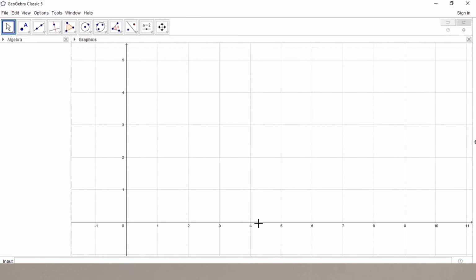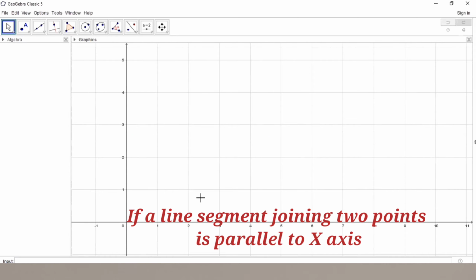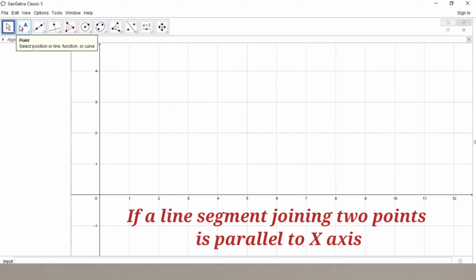In this session, we are going to learn how to find the distance between any 2 points if a line segment joining those 2 points is either parallel to x-axis or y-axis. Let us consider the first case. For that, consider 2 points in a Cartesian coordinate system. Now, as we can see, these are the points which are not on the x-axis, but if we draw a